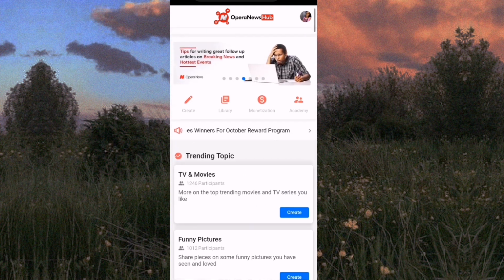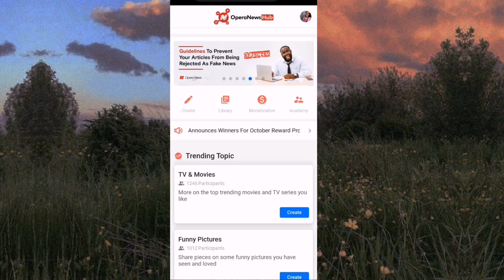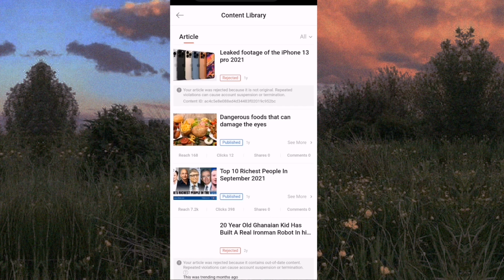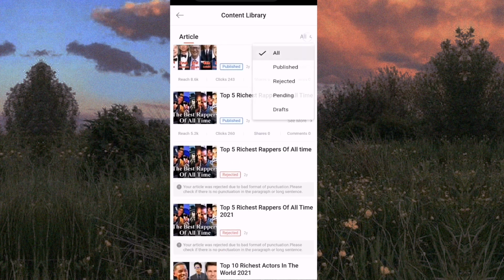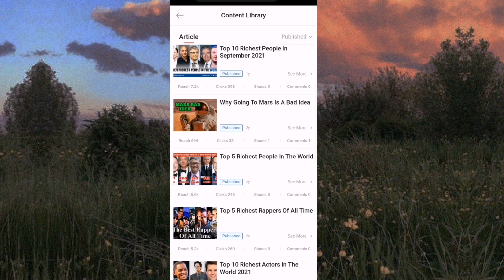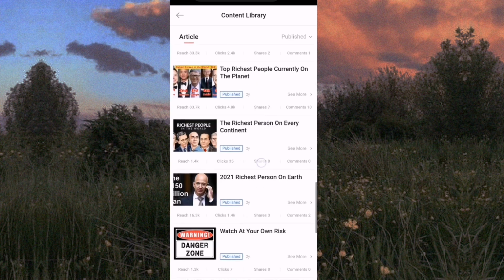So you have to create it and you post it. What you're going to do is that you don't have to write any type of article that's not interesting. You want to find a type of article that's actually interesting so that you'll be able to make the most money from it. So that's what you're going to need to do.